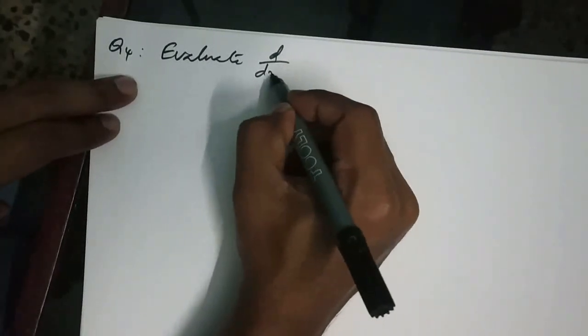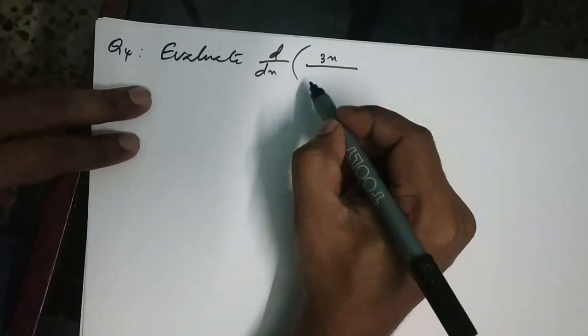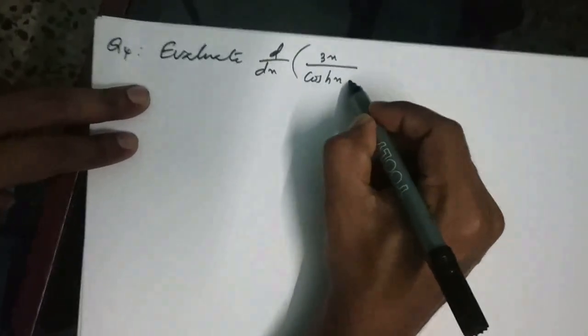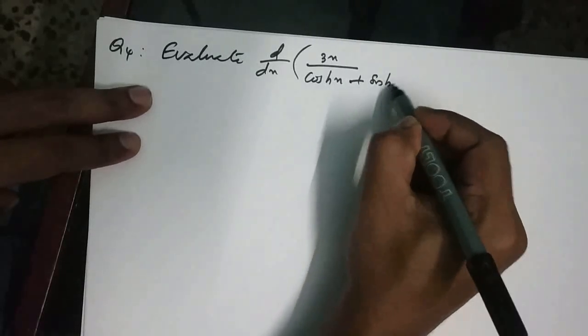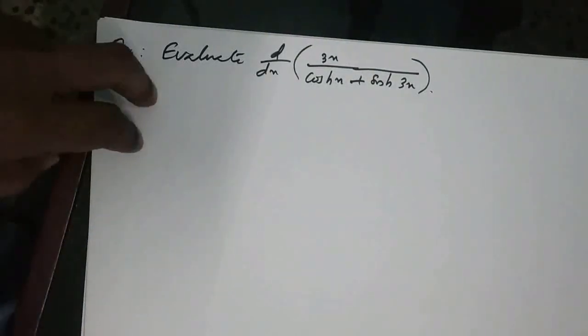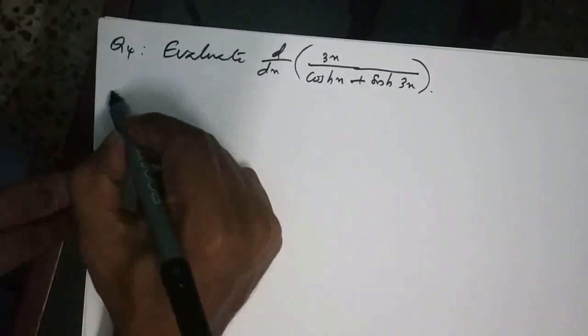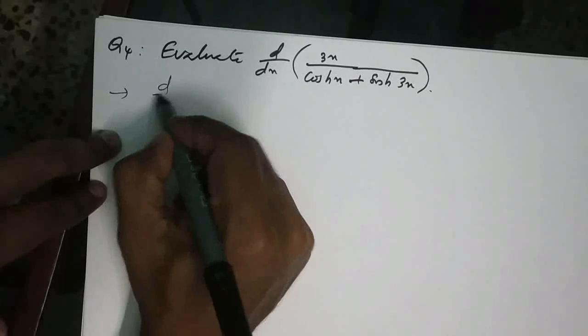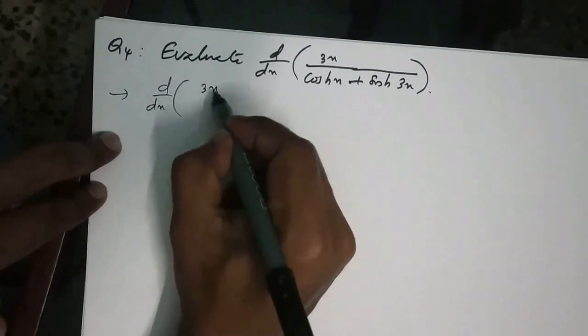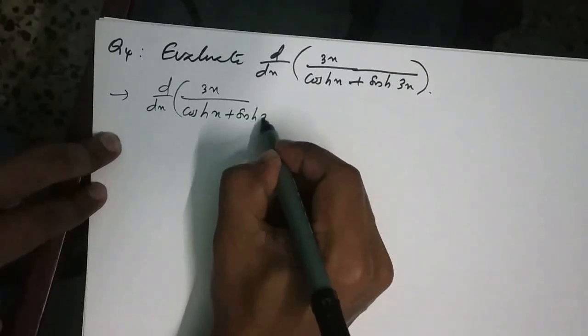Evaluate the derivative, d by dx, of 3x divided by cosh x plus sinh 3x. Simply, we know that this is a quotient function, so we can use the quotient rule. So the answer will be: d by dx of 3x divided by cosh x plus sinh 3x